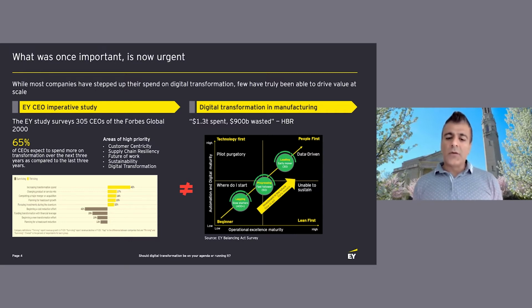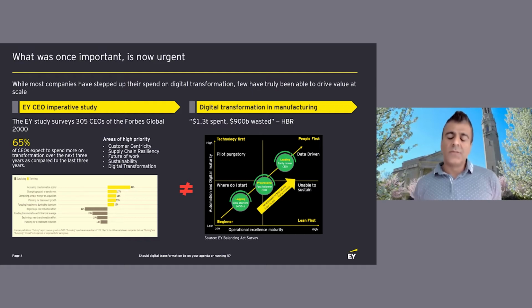And we are starting to see more and more boards requesting a deeper understanding of how do you drive value at scale with digital transformation, and how should digital be driving the growth agenda, not just driving operational efficiency across